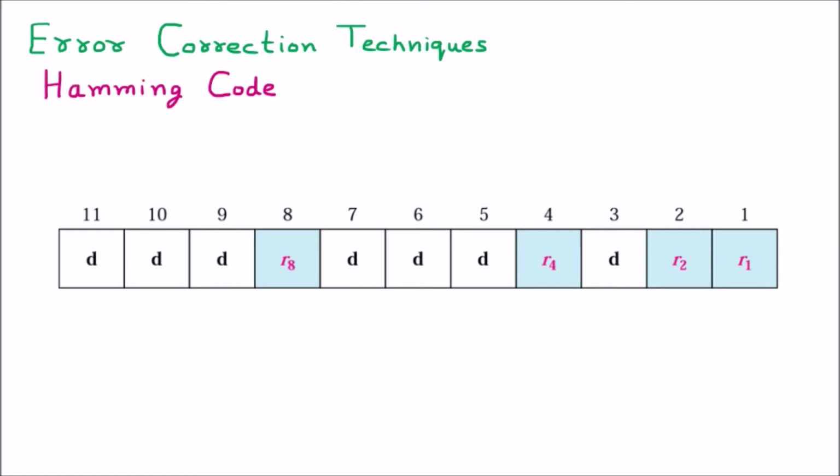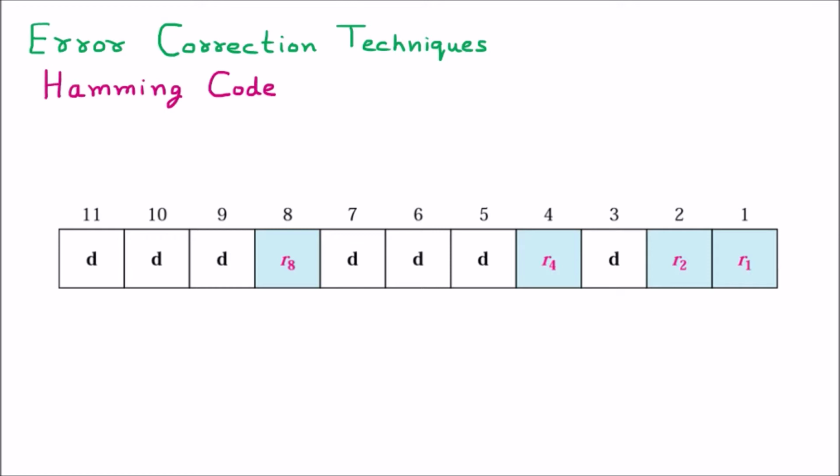Now those corrupted bits are detected by the error detection mechanism. And after those bits are detected, error correction mechanisms are used to correct those bits so that data can be reformed into the original data. So here we are learning the error correction mechanism, and the mechanism we are learning is Hamming code. Hamming code is used for correcting the corrupted bits.